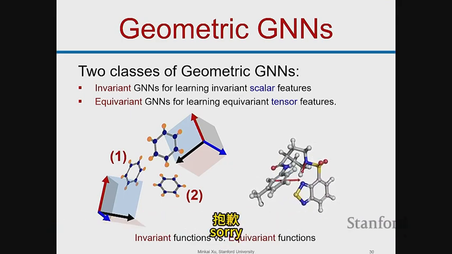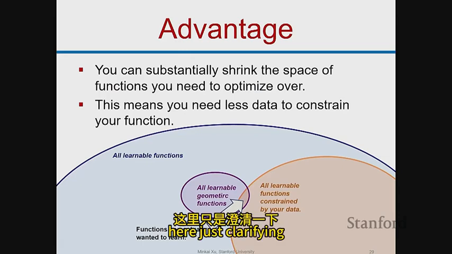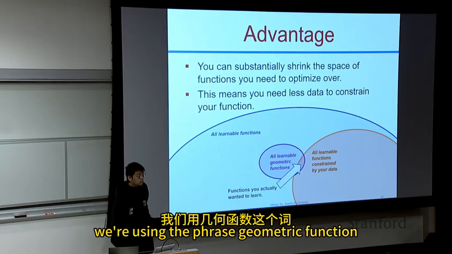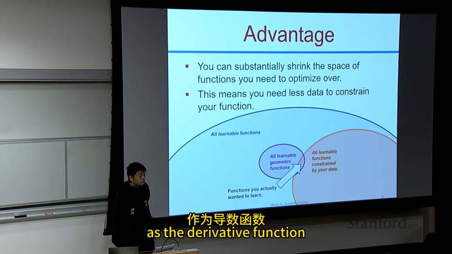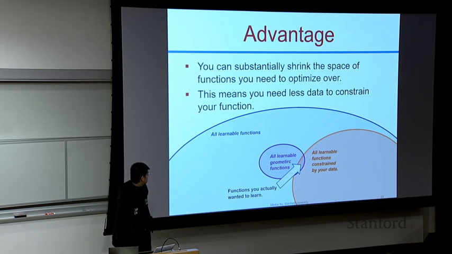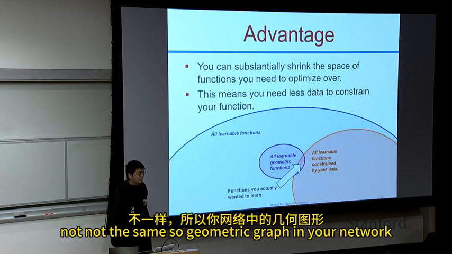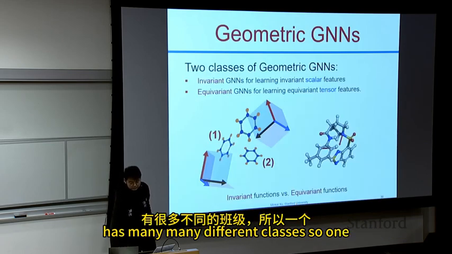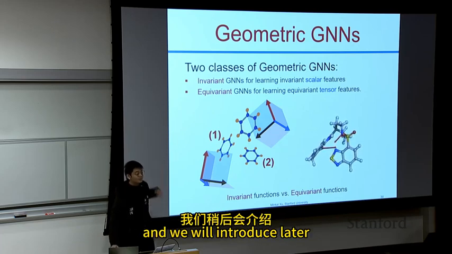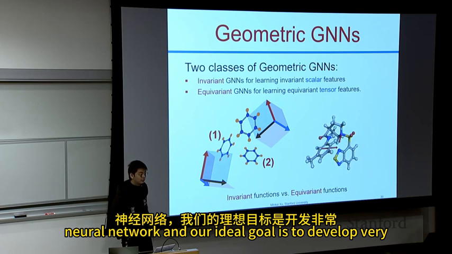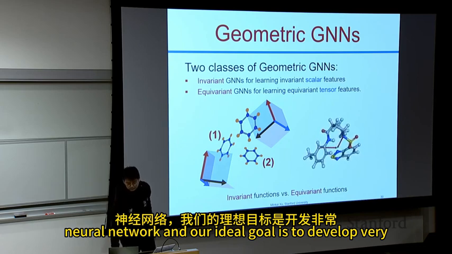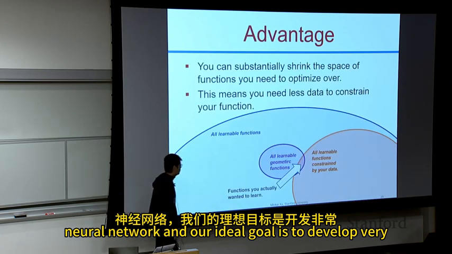Oh, sorry. Can you go back to the previous slide? Just clarifying, are you using the phrase geometric function to mean the same thing as equivariant function? Geometric function and equivariant function are not the same. Geometric graph neural networks have many different classes, so we will introduce them later. And our ideal goal is to develop very